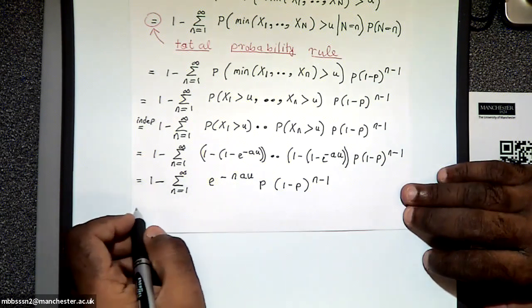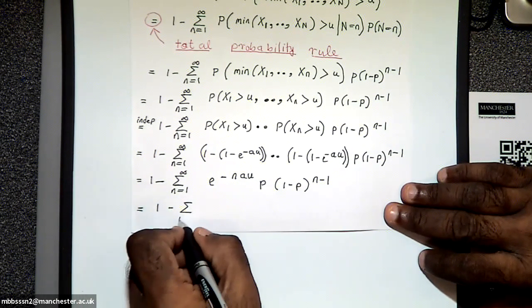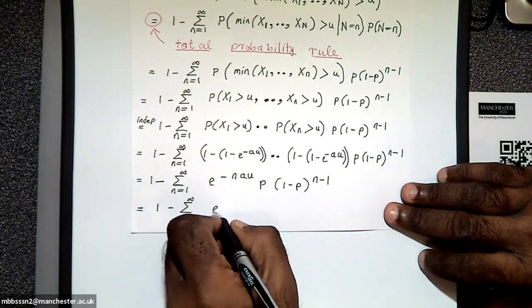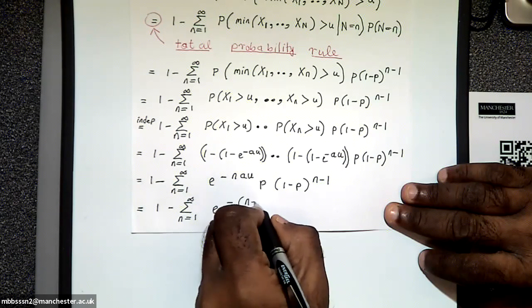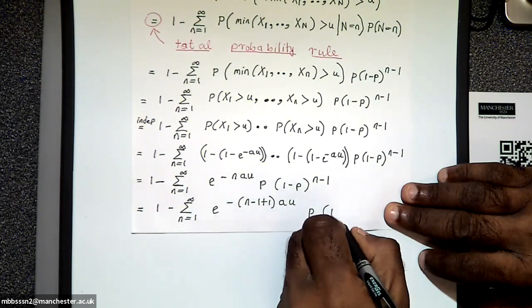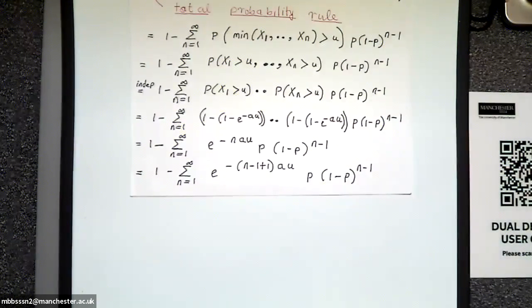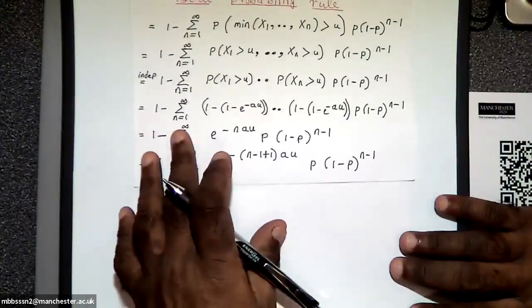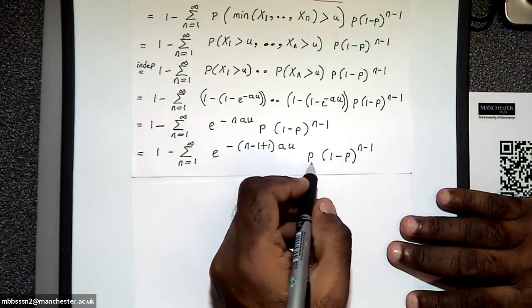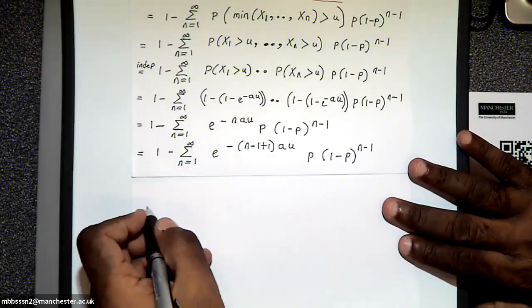Now the next thing I'm going to do is the following. I'm going to write the n as n minus 1 plus 1 times aU. And now I'm going to take the p outside of the summation, and also I'm going to take this guy here outside of the summation. So you get